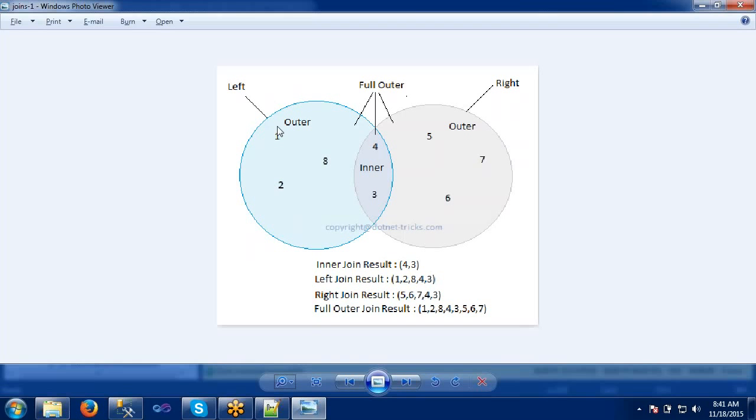Suppose this is table one and this is table two, and we are joining the two tables. Here, for our example's sake, I have created only one column. Let's say table 1 has 10 columns and table 2 has another 10 columns, and I join these two tables on employee in table 1 equals employee in table 2. If the records match, those records will be returned in the inner join.